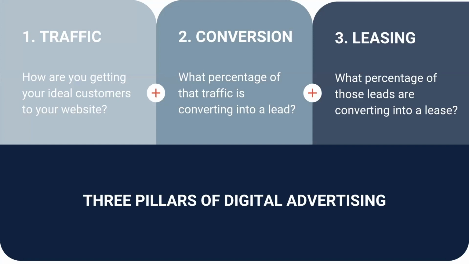When you kind of take a step back and look at the 101-foot view of what digital advertising is, there's really only 3 pieces. The first piece is traffic, or how you're getting people to your website. These are going to be the things like what channels you're using, what kind of targeting you're using. After traffic, so after you have people coming to your website, what are you doing? What steps are you taking to get them to convert, to get them to that final action? You know, what actions matter to your business? For most people listening to this webinar, it's probably going to be something like a tour or a lease, or someone talking to a leasing agent, right?